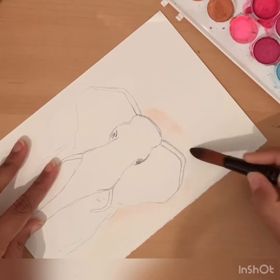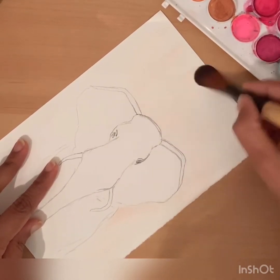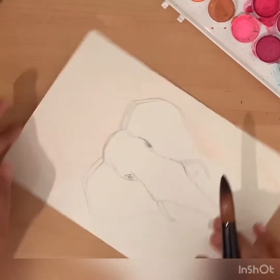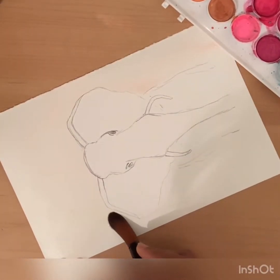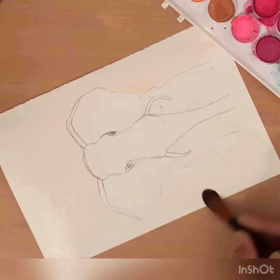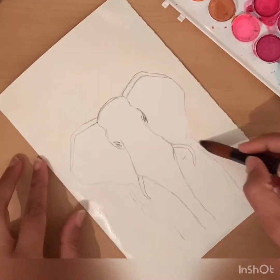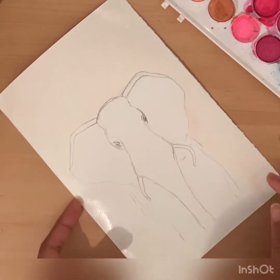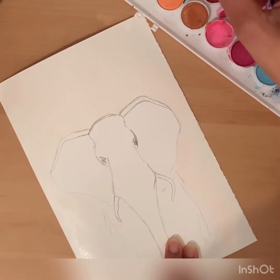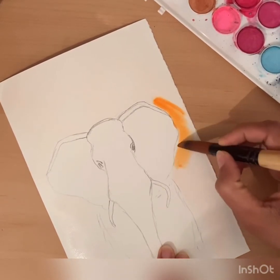You see how I'm moving my paper in order to make sure I have good angles when I'm drawing this water. And you can put quite a bit of water, make it decently wet. And now I'm going to start taking the colors. I'm just going to take this orange here, drop some orange right here,